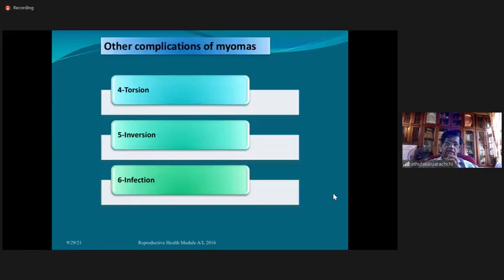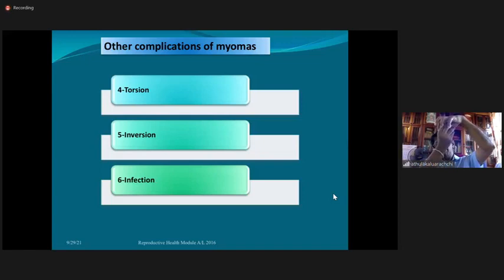Okay, and I said they can undergo other complications like torsion. This is more likely in cases of subserous fibroids. Okay, and you can produce uterine inversion. What happens is if you have a uterus and a fibroid which is attached to the fundus,